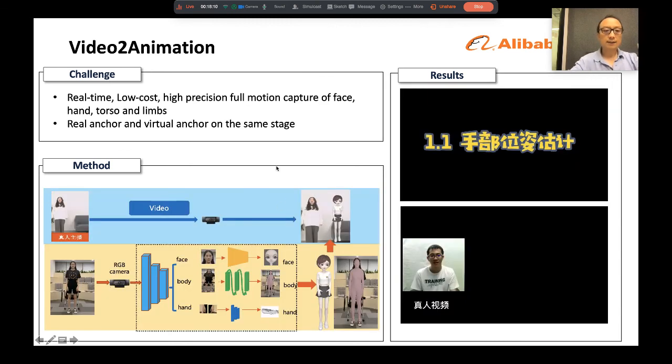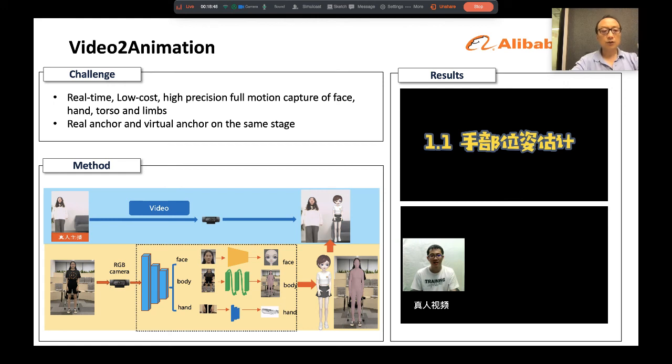So the last slide is for the video to animation part. This slide presents our video to animation research. We introduce a statistical articulated 3D human shape modeling pipeline within a fully trainable modular deep learning framework. Such a model enables 3D human pose and shape reconstruction from low-cost multi-sensory devices. The techniques are used in Taobao Shop live streaming for selling products. Therefore, the algorithm should be real-time and low-cost with high precision.